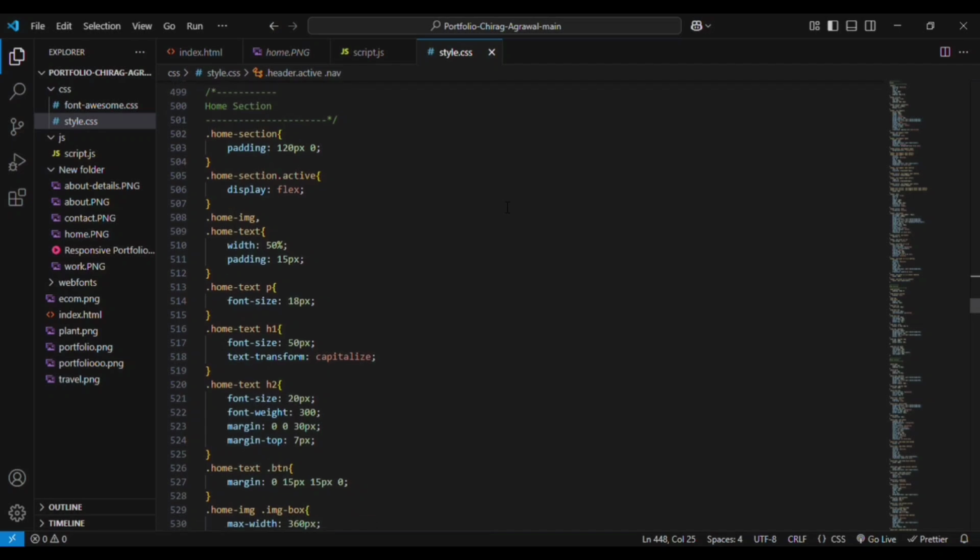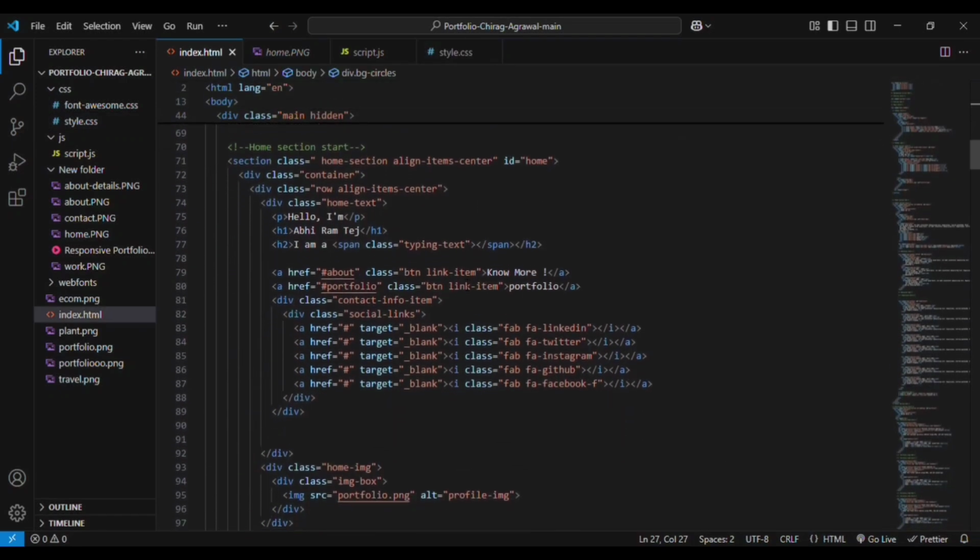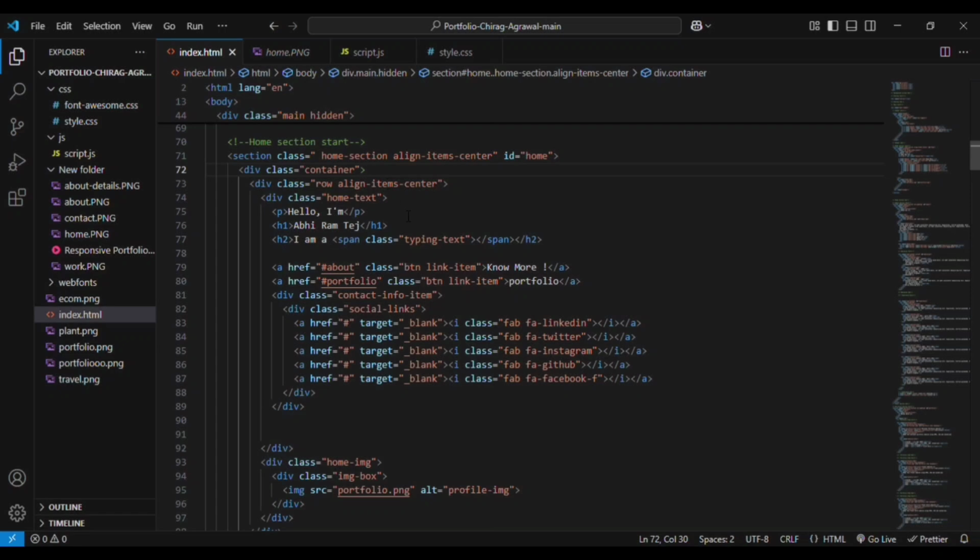that is the home section. This is the home section. In the home section we have the main div, that is the container div. Inside that we have the home text, paragraph, as well as h1 element, that is heading element, and h2 element, and we are adding a span element with a class of typing text. This is for the creation of the continuous typing effect that we have used in here. Then we have an anchor element for no more. These are actually buttons that we created, and we have added the button classes to here. You can see here, these are the button classes that we have created in the